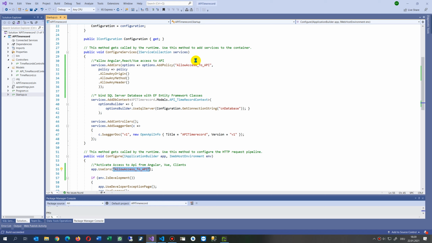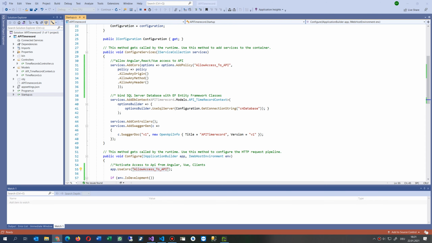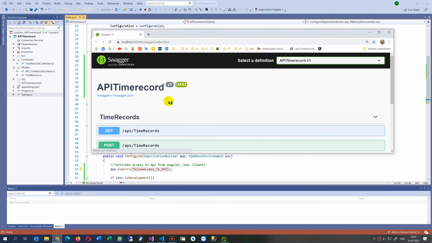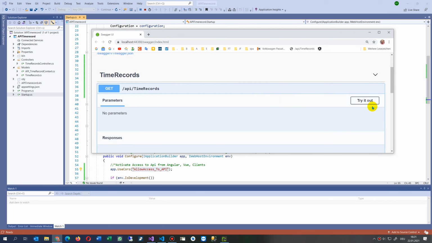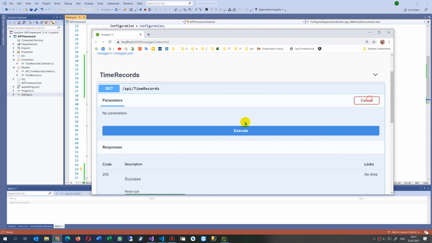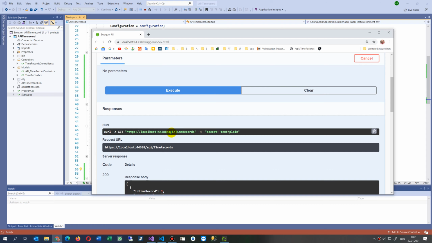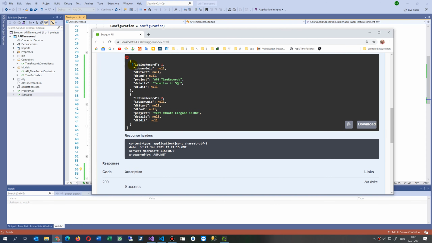I push the Express button, and now, as you see from my Swagger, I see there are the values. Try it out. There's the API for my time records, and now these are my values. Now these are my two